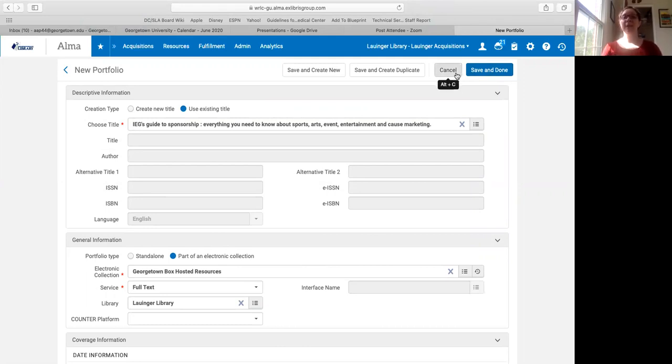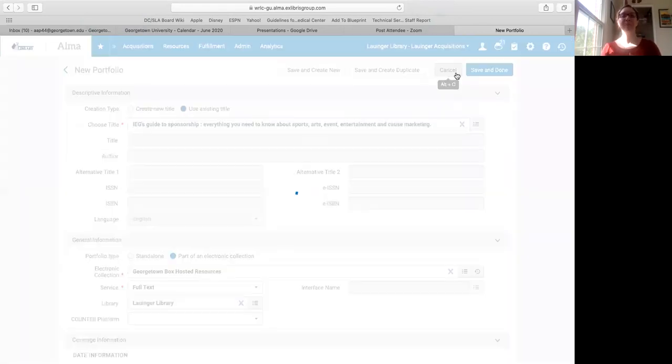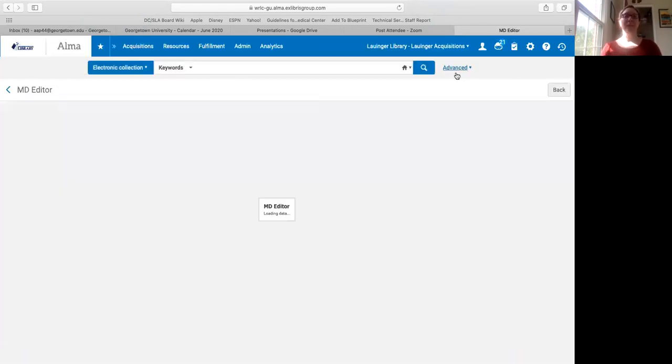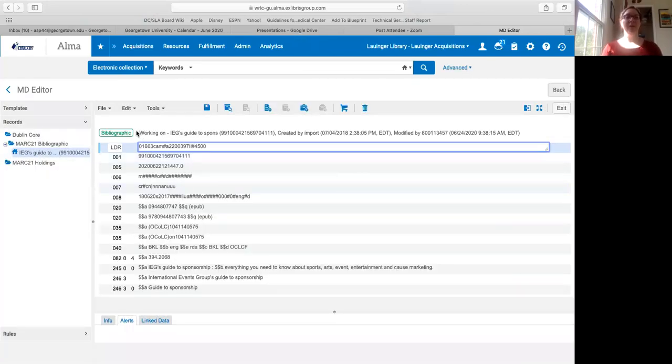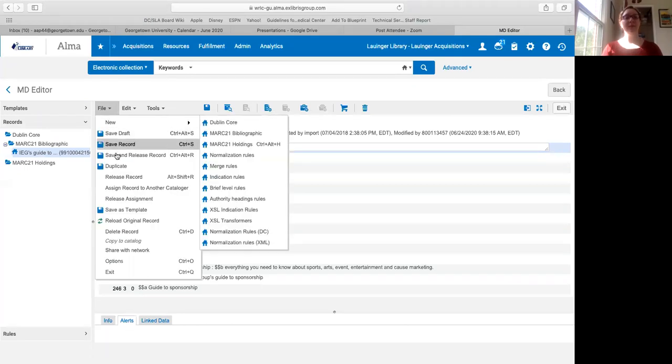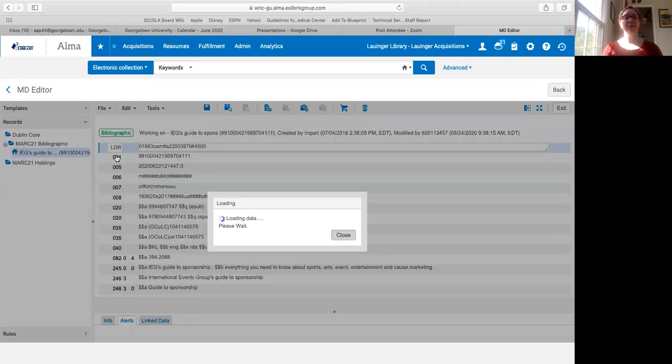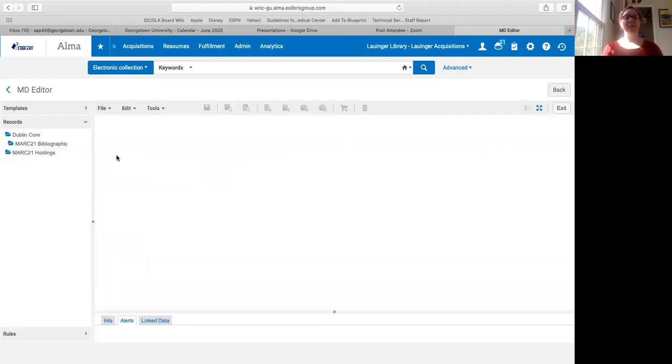For this one, because I don't like messing with e-resources stuff, I'm just going to click on cancel, since Cody has already added the portfolio. So we'll click on cancel. We'll just pretend I clicked on Save and Done. And then it'll take us back to the bib record. And then all we have to do is click File, Save and Release Record. And then we can search for it again